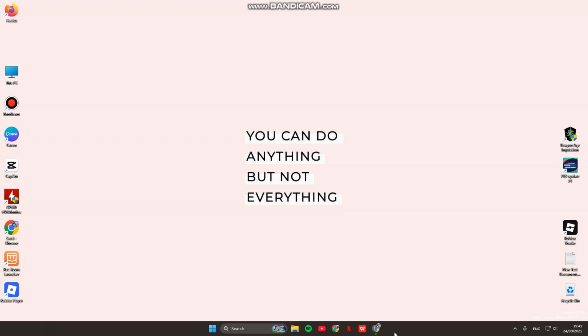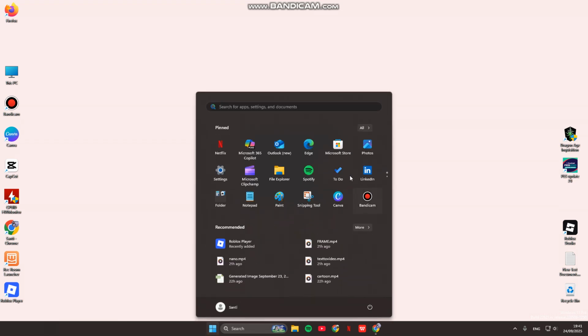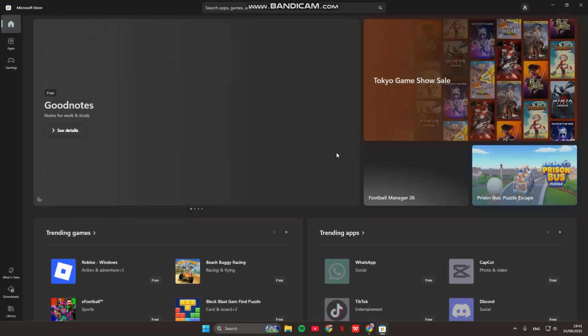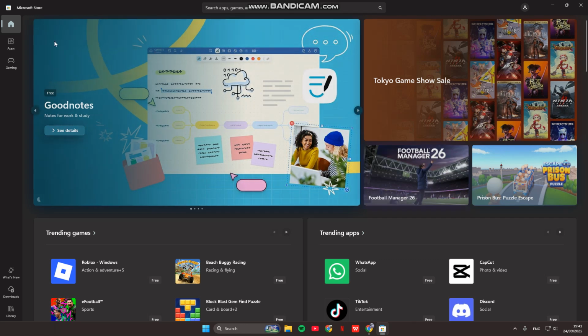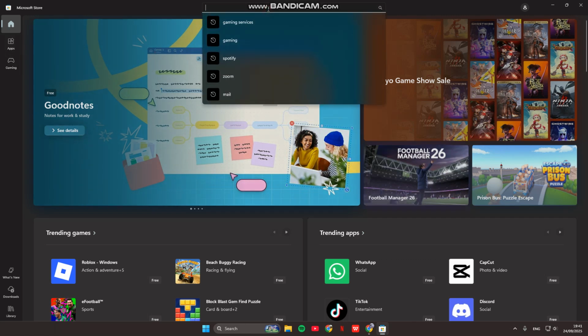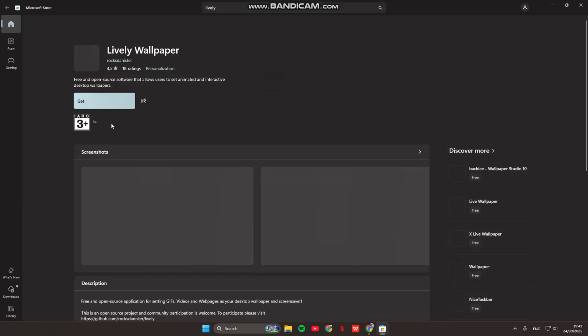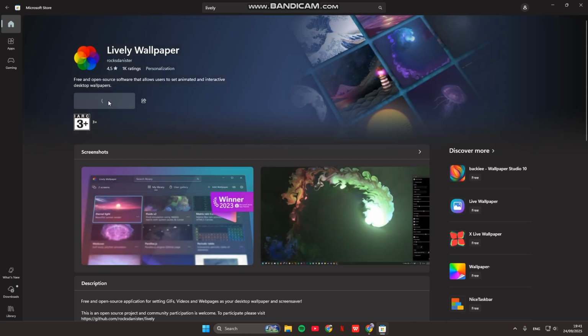So the first step: wallpapers and theme. You can use Lively Wallpaper from the Microsoft Store. Let's find it on the Microsoft Store and search for animated wallpapers. For example, let's find Lively Wallpaper in here. You can install this app first, and then after that you can choose the animated wallpapers